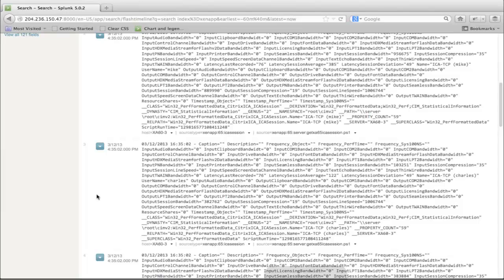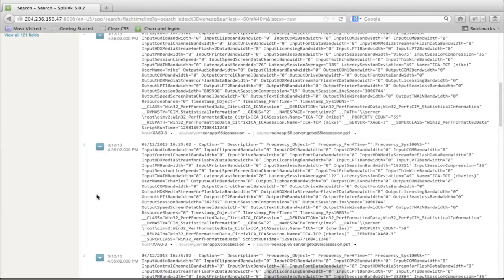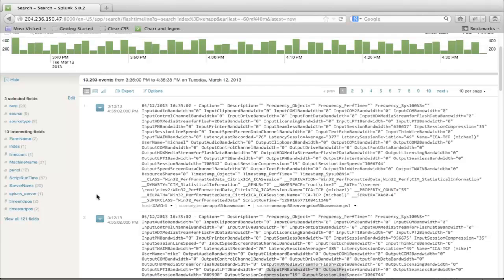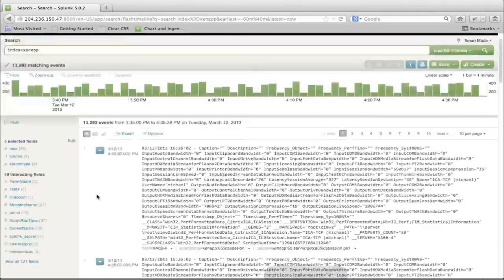Looking at this, this still isn't very usable. I've made the data accessible because here it is, I can see it. But our mission statement was to make it accessible, usable, and valuable to everybody. So I'll start to talk about how this data becomes valuable and usable. Because as of right now, in my opinion, it's still not very usable. We see some data here, but it's not a lot of value going to the organization.